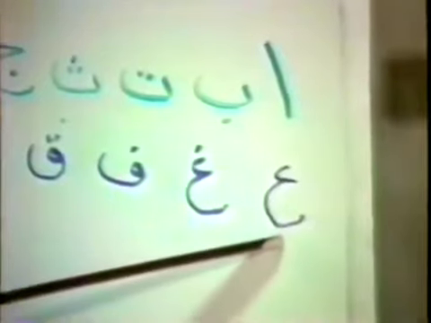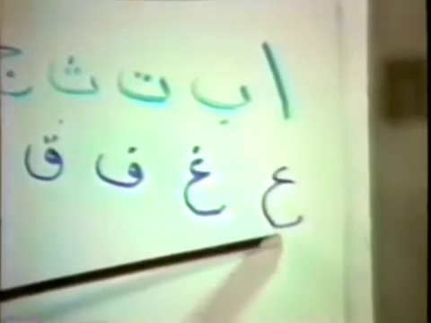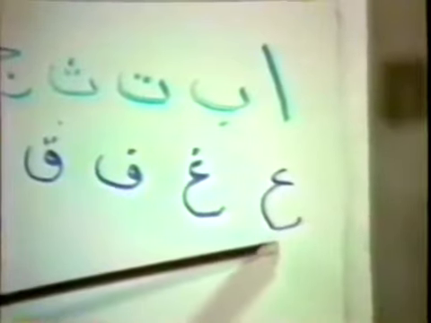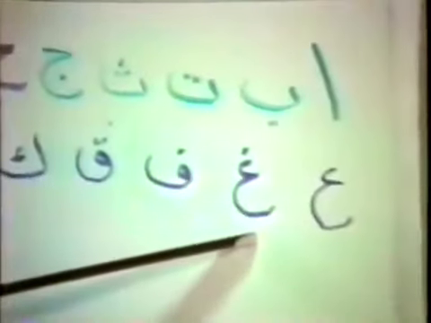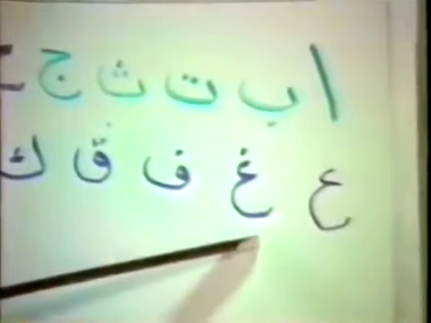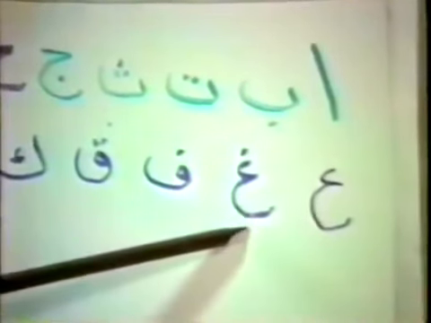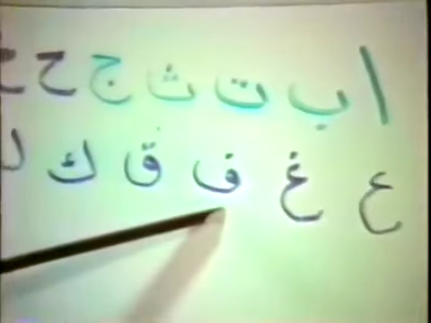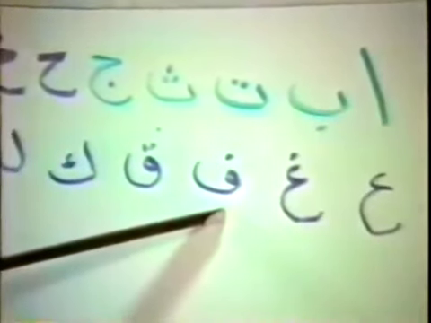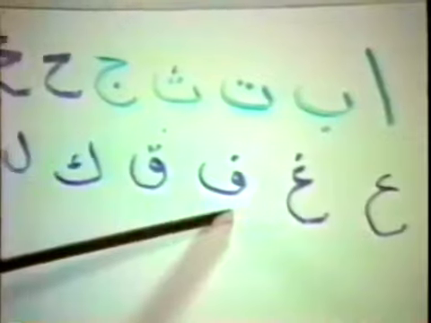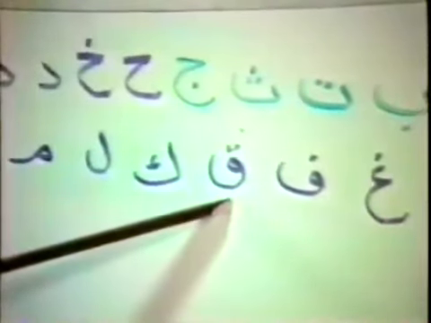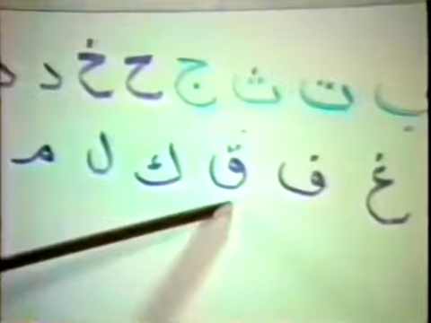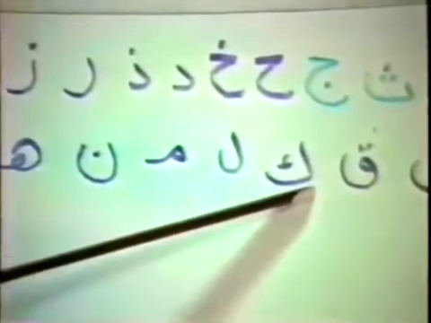And this is the letter Ain, A. It's represented by apostrophe A. This is the letter Ghain, the French R, Ghain, G. And this is the letter Fa, represented by F as in Frank, Fa. This is Qaf, the heavy K or heavy Q, Qaf. This is Kaf, the regular K. The name of the letter is Kaf.